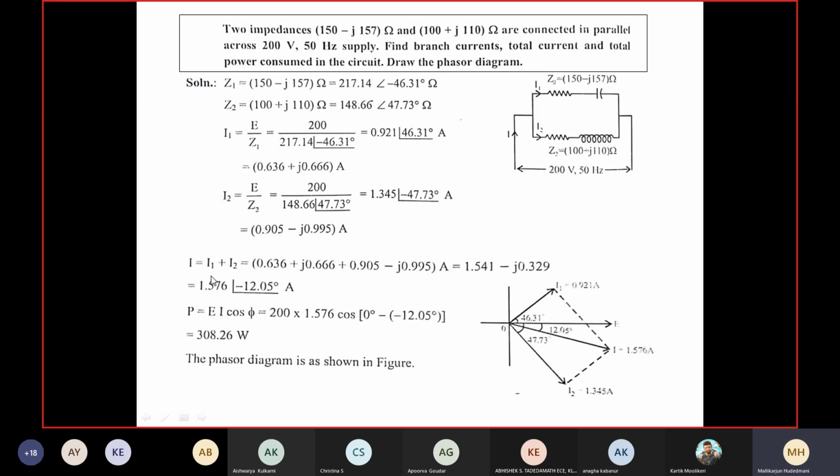When you are adding it up, it is a complex addition. You should be very careful. Whenever J or I operator appear, it is a complex thing you are doing. Or you are doing vectorial addition. Therefore, add them, get the resultant. Resultant stand as 1.541 minus J 0.329 ampere, or in rectangular to polar, this is